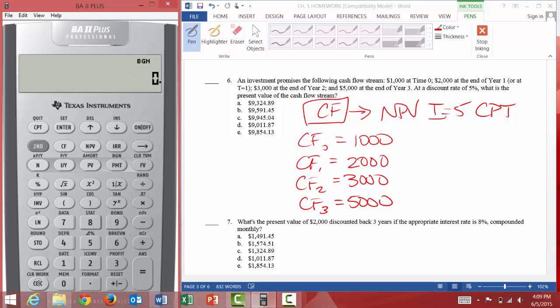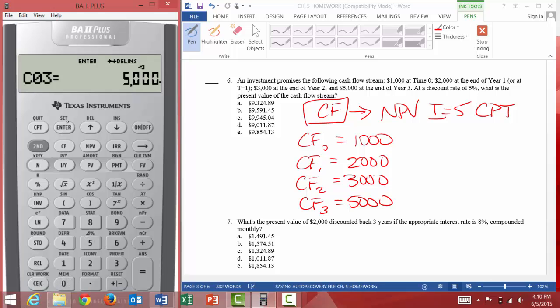So let me go to the calculator. I'm just going to go ahead and change this back to begin mode, and go to the cash flow button and start entering these numbers. So 1,000, enter, down. That was cash flow 0. Cash flow 1 is 2,000, enter, down. Frequency, I leave at 1. Cash flow 2 is 3,000, enter, down. Frequency, I leave at 1. Cash flow 3 is 5,000,